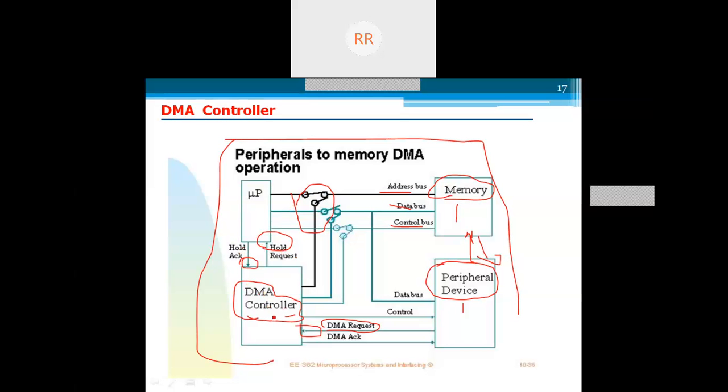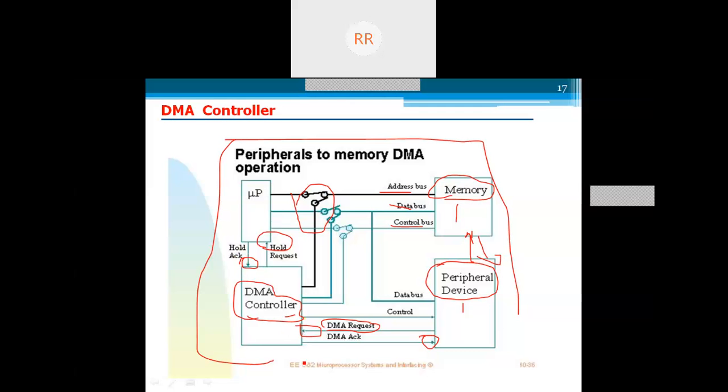Then the DMA controller gives the DMA acknowledgement to the peripheral device. So the DMA acknowledgement is the output signal to the peripheral device, and the DMA request signal is the input from the peripheral device. Similarly, hold request is an input signal to the microprocessor, and hold acknowledgement is the output from the microprocessor to the DMA controller.